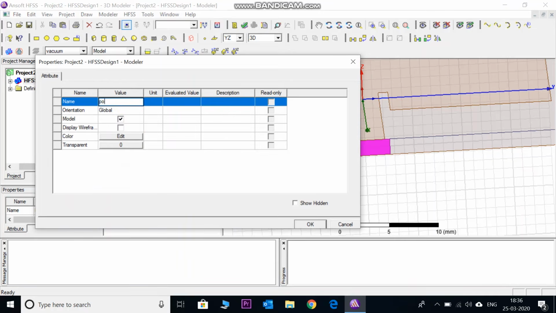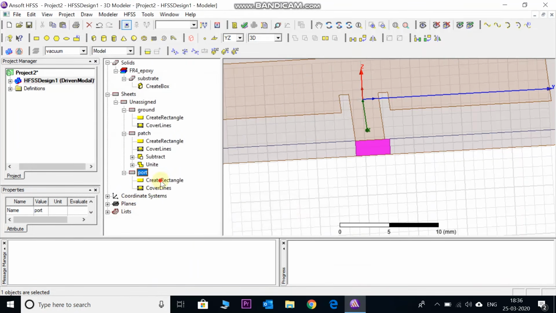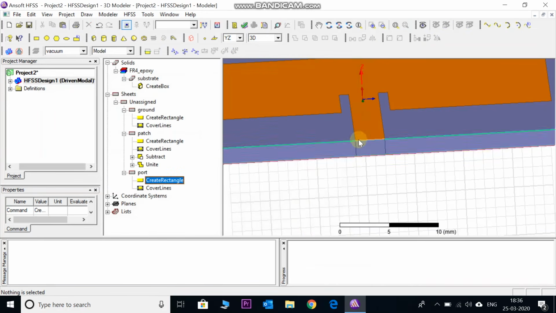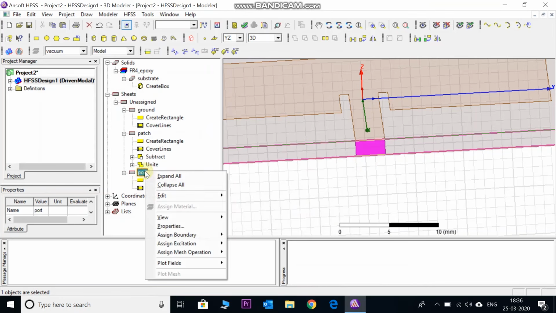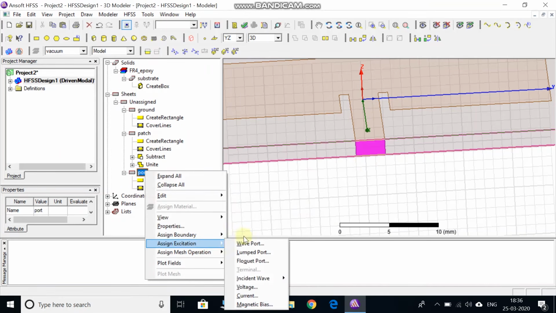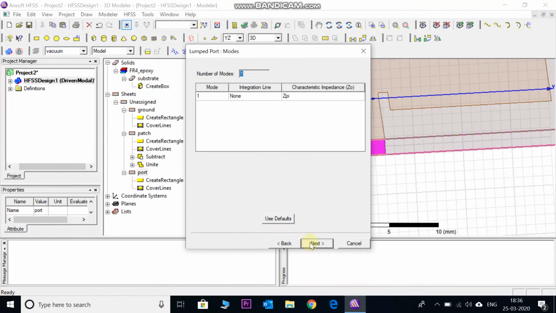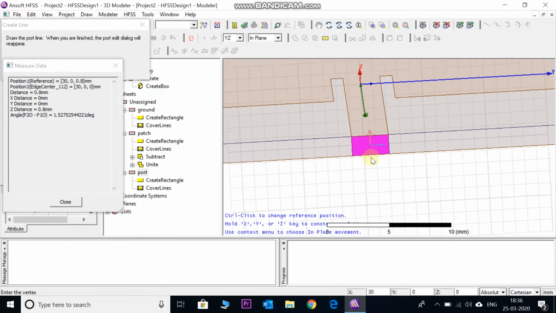Change the name to port, and go to create rectangle and change this width to 3 mm, and right click on port and assign excitation. I will assign lumped port. Next, 50 ohm and new line, then